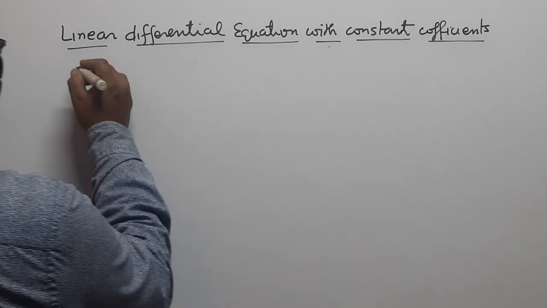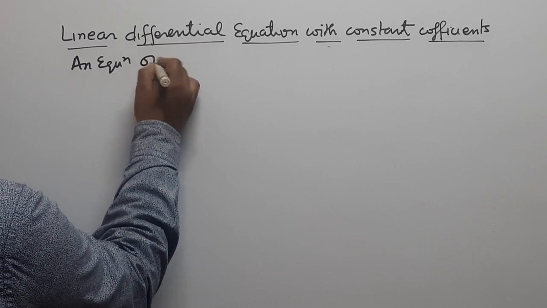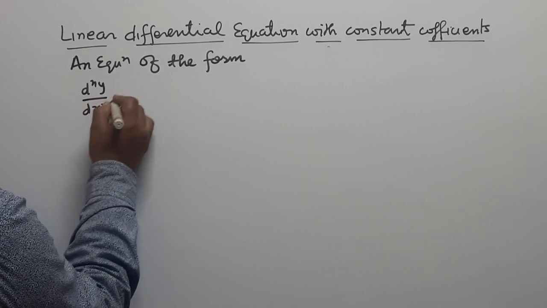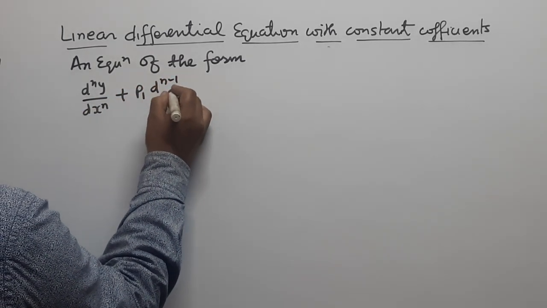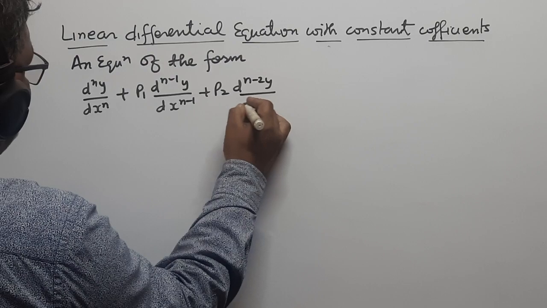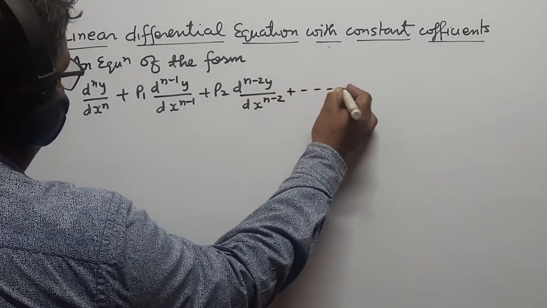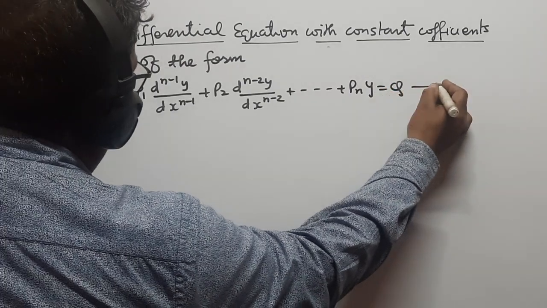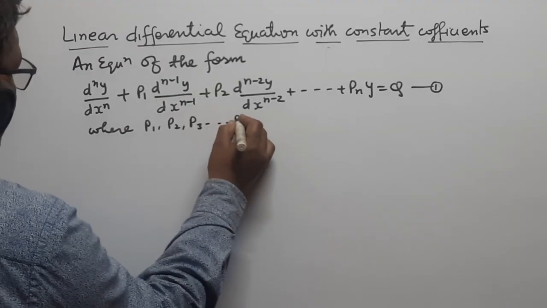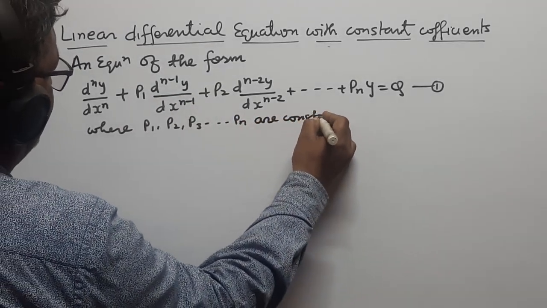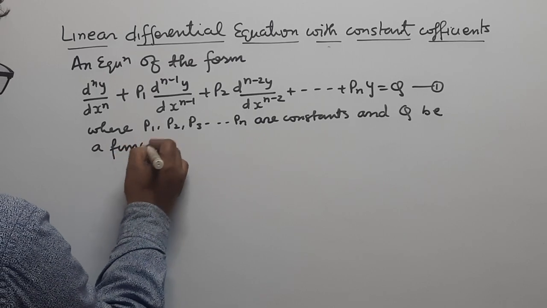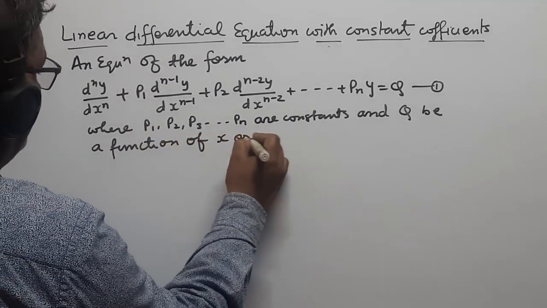So we take an equation of the form d^n y by dx^n plus p1 d^(n-1) y by dx^(n-1) plus p2 d^(n-2) y by dx^(n-2) and so on pn y is equal to q, where p1, p2, p3 and so on pn are constants and q is a function of x or constant,